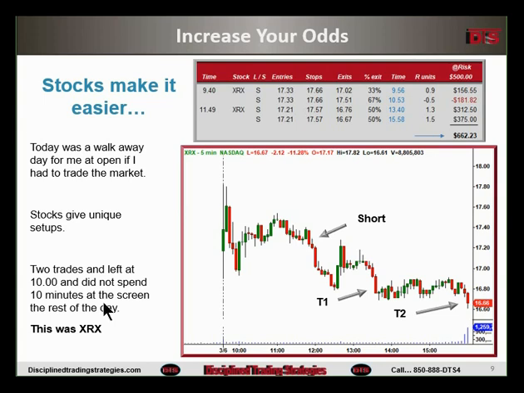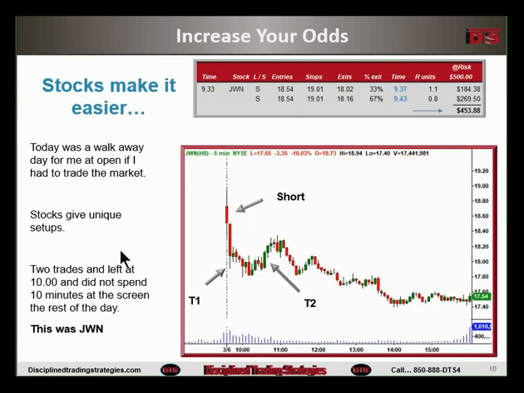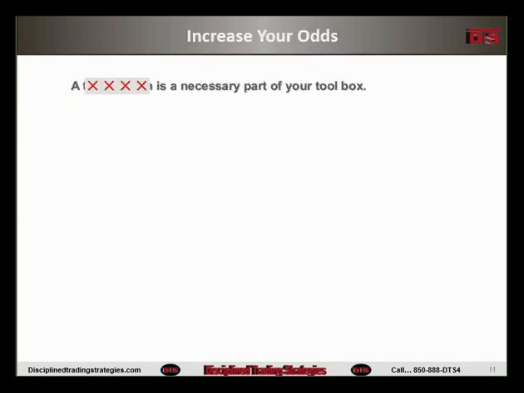Any questions, comments, rebuttals on this particular topic? Because this next one nobody's going to like, but I want to give you some insight on this. This next one is one of these. I just want to give you some facts about this. The next one here is a blank is necessary part of your toolbox. Anybody know what this is? Anybody take a guess what the blank is on this one?